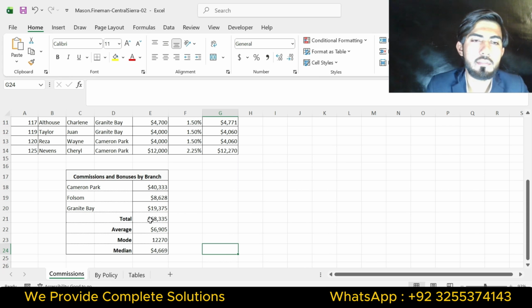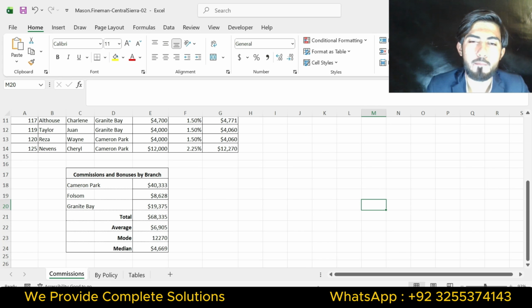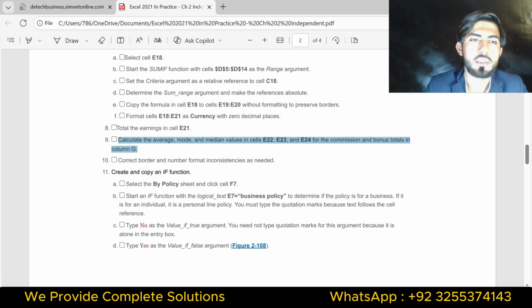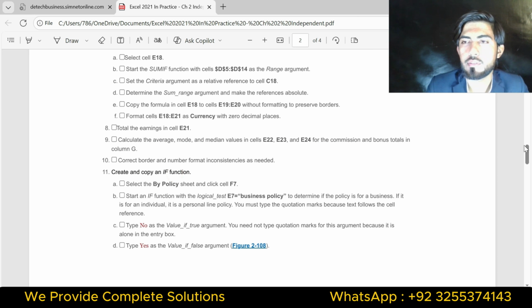So I have found the value of total, average, mode and median. So question number 9 is complete.